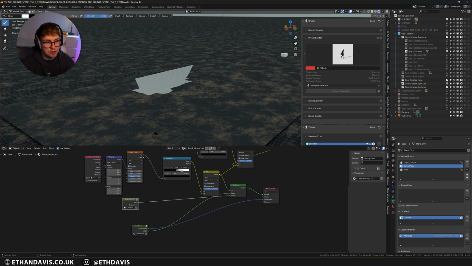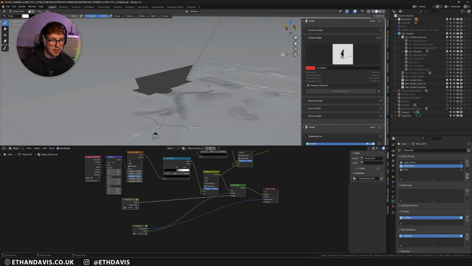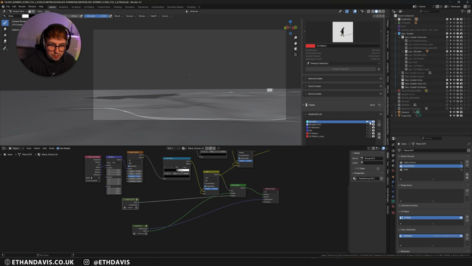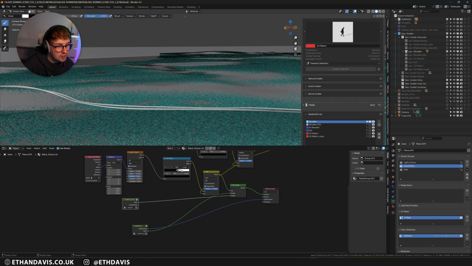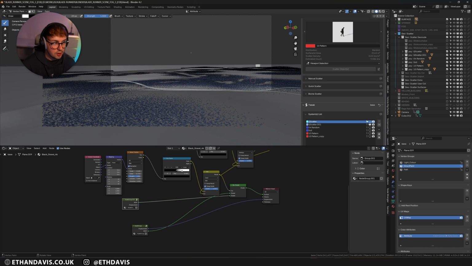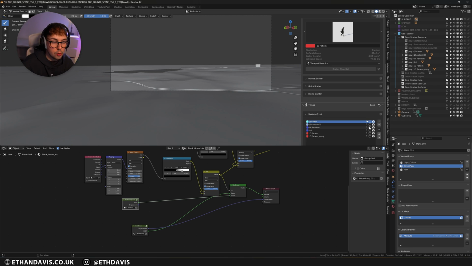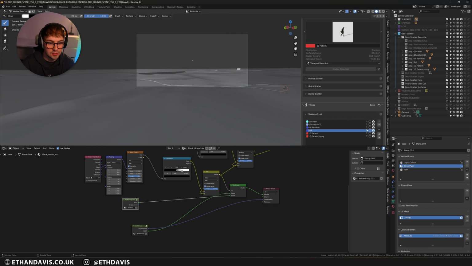So I basically tried to just work with the texture and also the geometry that I've modeled as well. If I turn these back on, you can really see how many objects. I mean, there's 2 million objects just in this one scatter. If I turn on the next one, there's 1.4 million. So in total, let me just turn everything on and tell you how many scatters are in the scene. All right, so I just counted everything, and there's 9.1 million rocks in this one scene, just in this one area. And that is ridiculous.